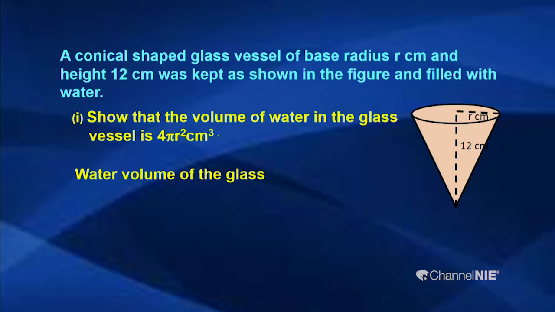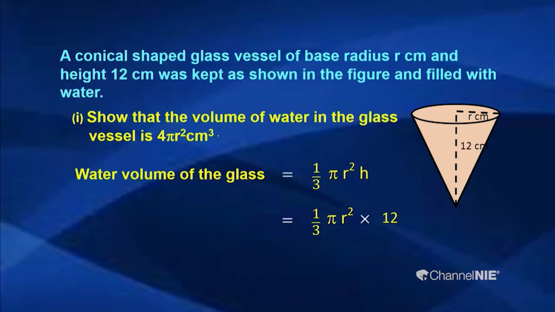That is a cone, you can see that is a glass, the white color one. Then when finding the water volume of the glass, it is equal to 1 over 3 pi r squared h. We already learned that one, right. Now it is a glass with a conical shape, but when finding the volume of that one, we use 1 over 3 pi r squared. They ask what is the water volume of this one, right. Then next step, 1 over 3 pi r squared into height.